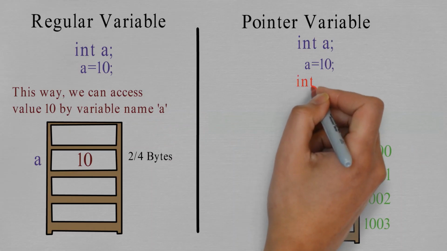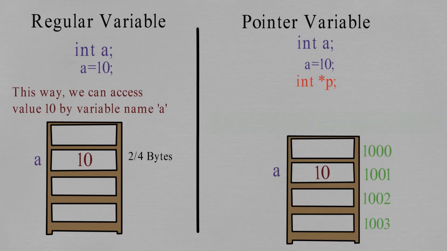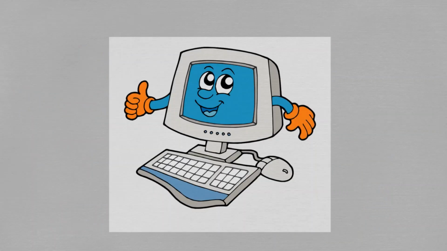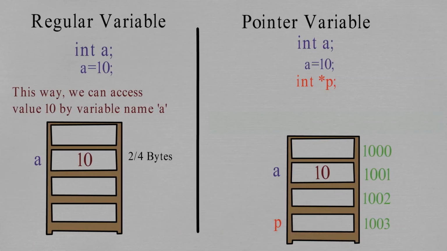For that, first we will declare our pointer variable. The declaration, as you can see, is like any ordinary variable. It is just that we have written a star before p. But its meaning is very different from int a. The star in the declaration tells the computer that the user wants variable p for storing an address and not data.